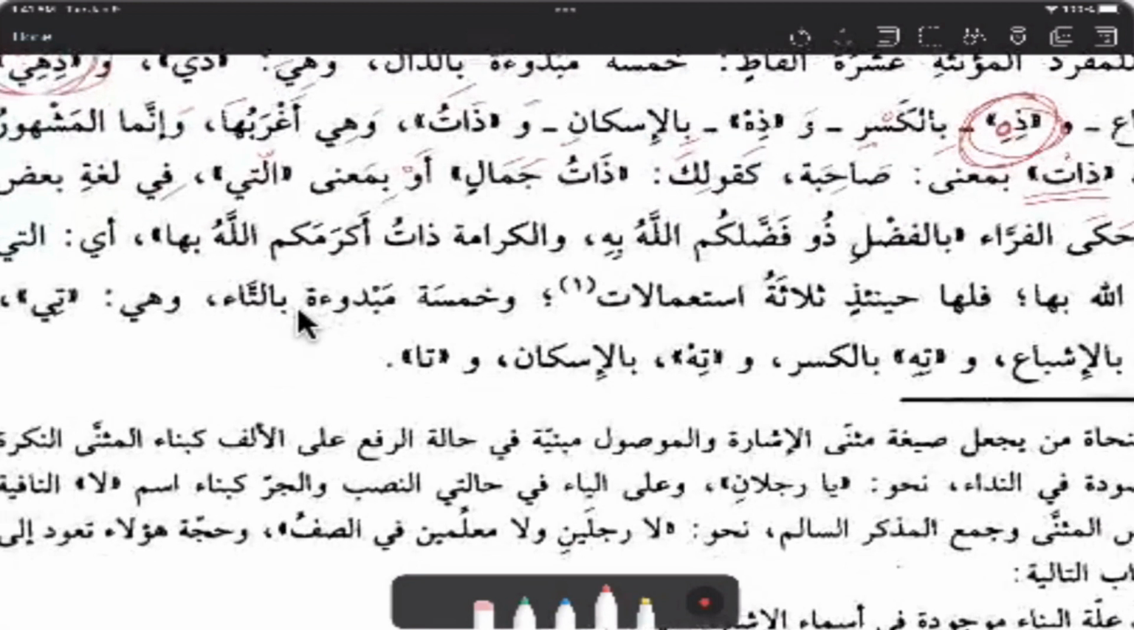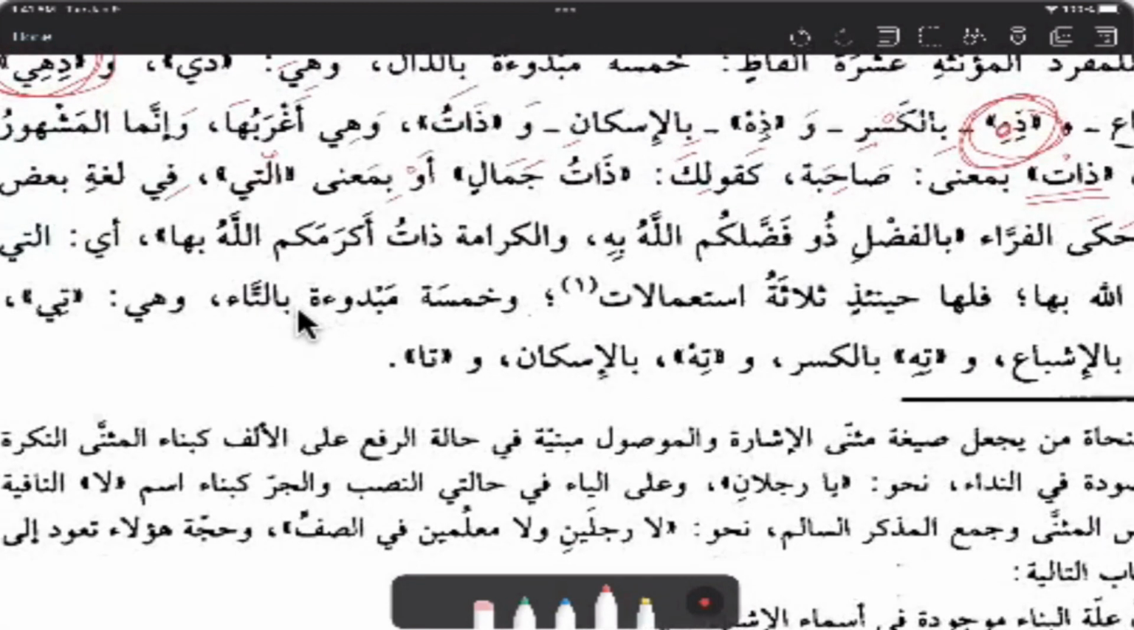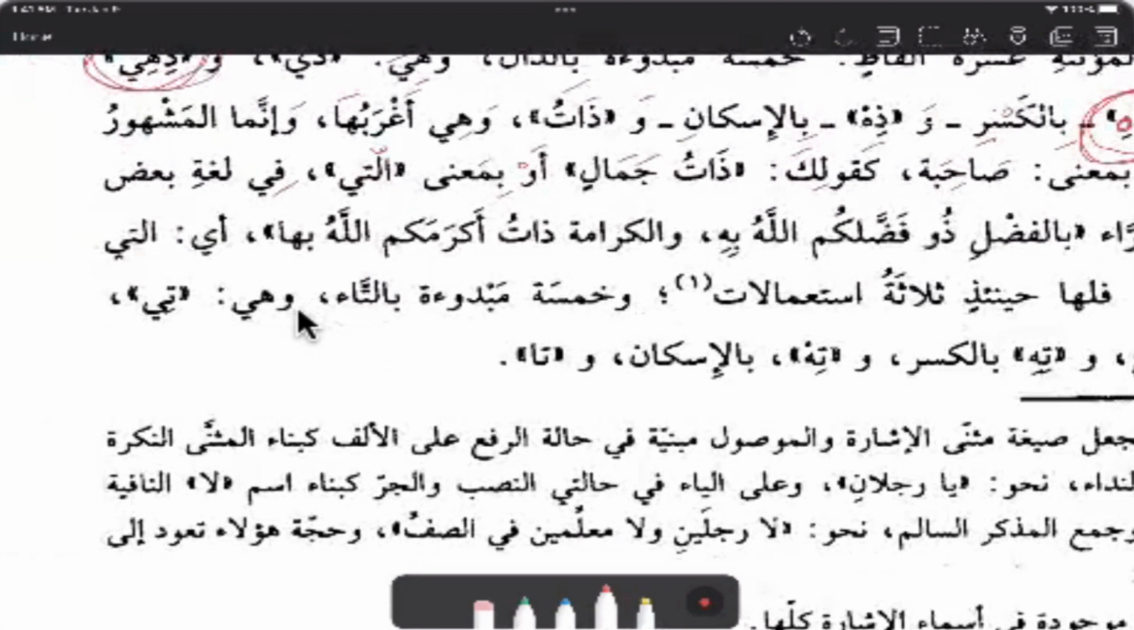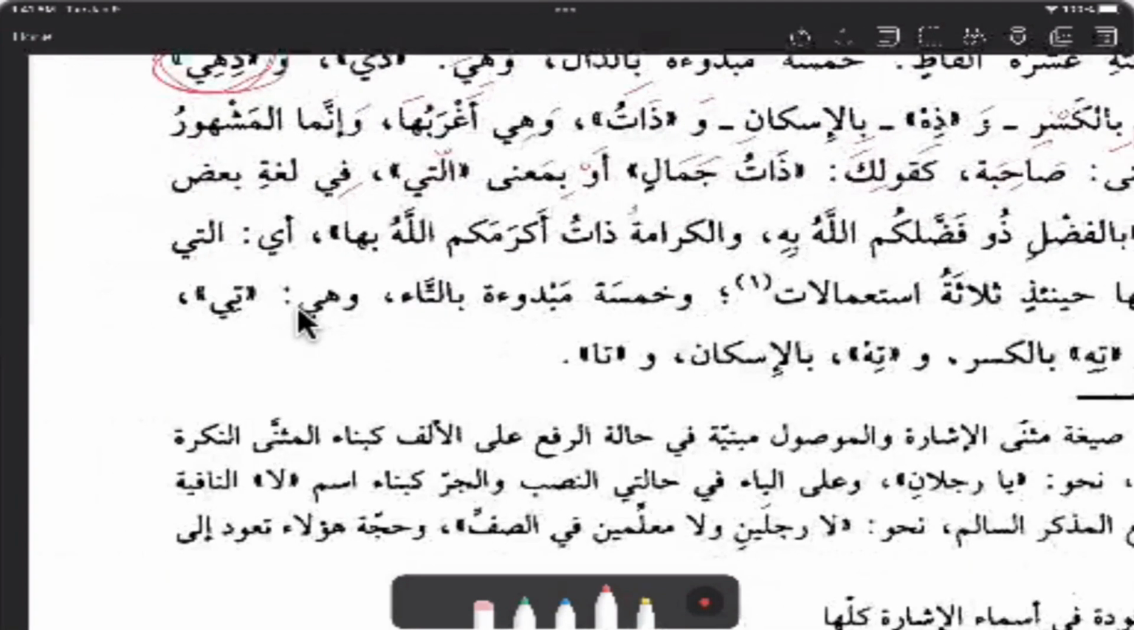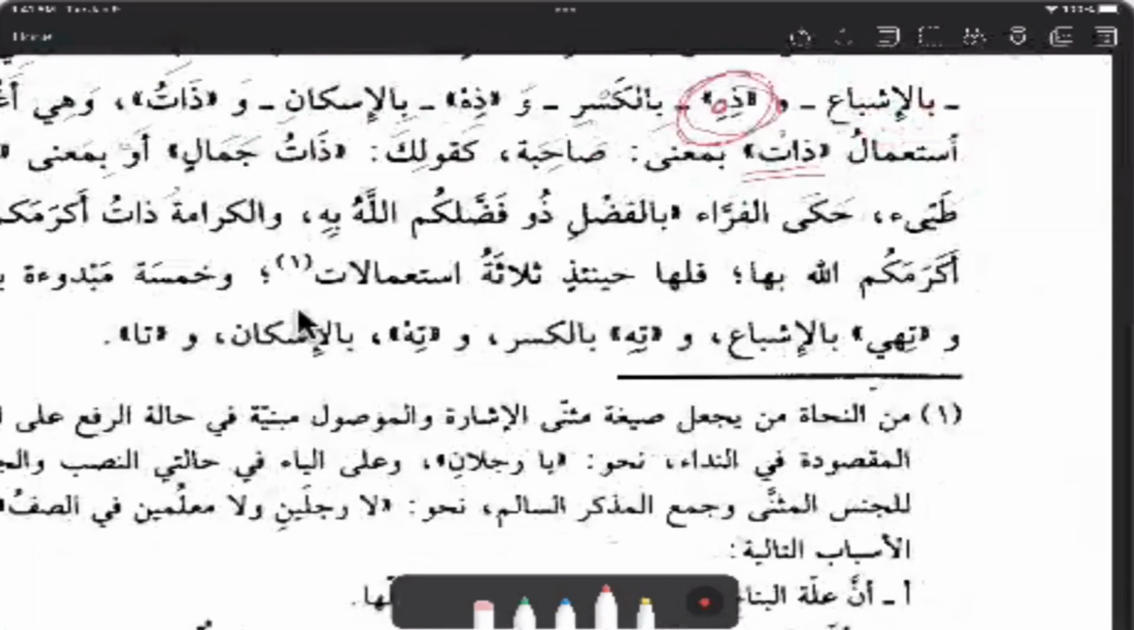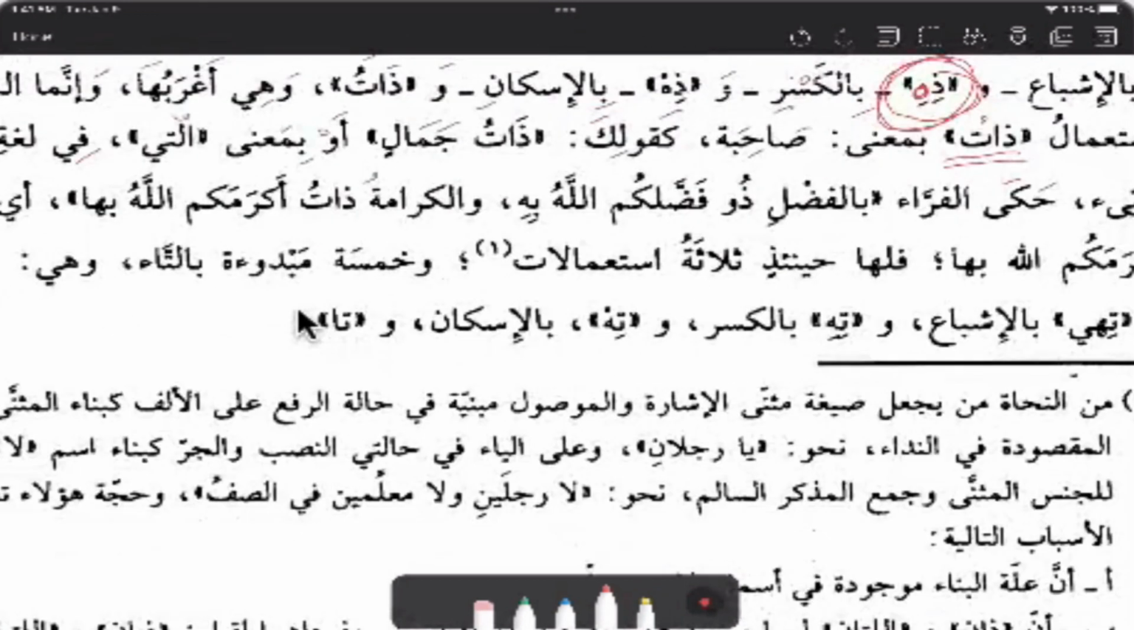حكى الفراء بالفضل ذو فضلكم الله به والكرامة ذات أكرمكم الله بها أي التي. Ibn Hisham logs something that Al-Farra cited. Because these are the linguists now. What will they do? They'll give you examples that they have acquired in language. So Al-Farra cited a statement that said,